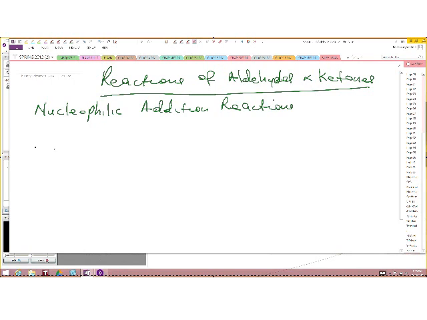If we have, well, let us start by saying addition of alcohols. 1. Let us start numbering again. Addition of alcohols to give acetals